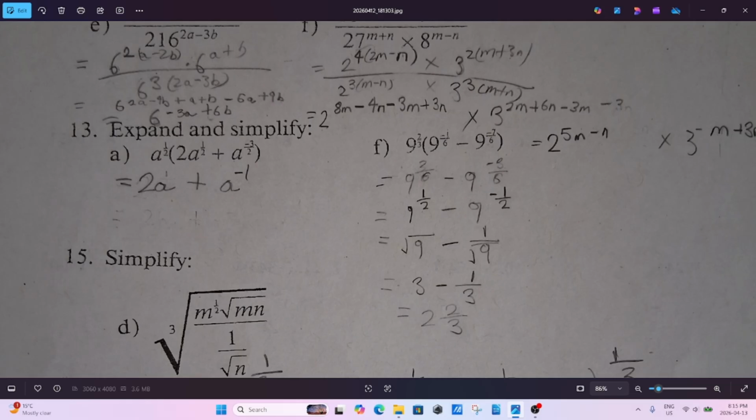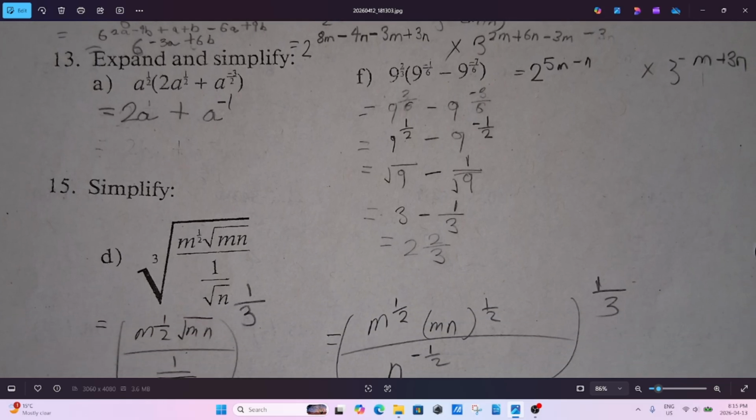Question F: 9 to the 2/3 times 9 to the negative 1 over 6 minus 9 to the negative 7 over 6. So that is 9 to the 2/3 plus the negative 1 over 6. So that is 4 over 6 minus 1 over 6, which is equal to 3 over 6. And then you have the 2/3